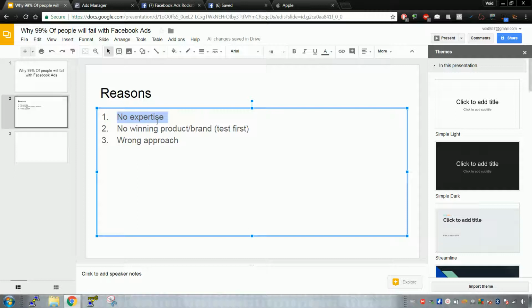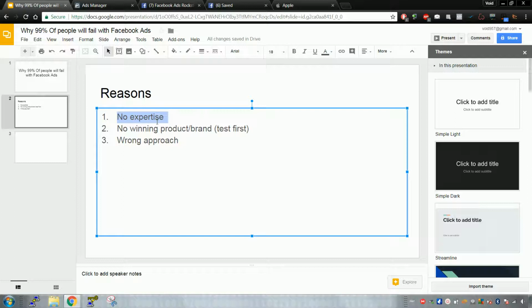Buying guides. But most importantly, it's going to be running ads, and doing it after you've learned something from courses. All right, so that's the main reason: no expertise. Or even if you do have a little bit of expertise, it's not enough. You'll still waste money, because some people I help out as clients have run ads before, so they've got some expertise,